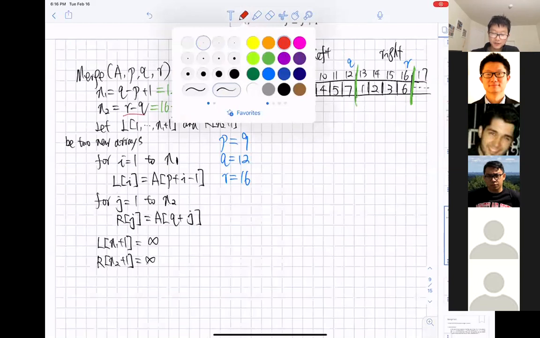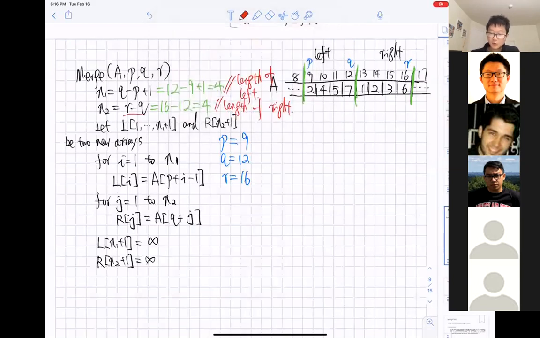If you don't understand why we got R minus Q, it should actually be a little bit different. What is the ending index of the right subarray? 16. What is the R? Let's just be general, okay? It is R. As we previously said, we need to use the ending index minus the beginning index plus 1. What is the beginning index of the right subarray? Q plus 1.